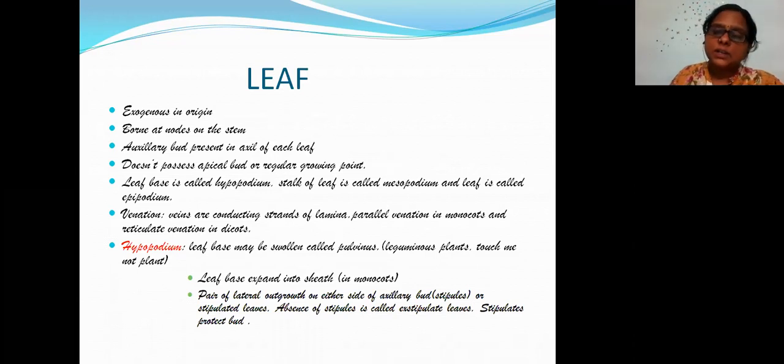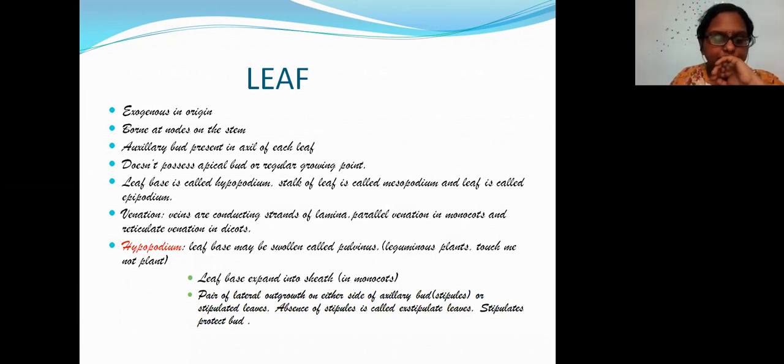If I just say the example is water hyacinth, most of the names you don't know, right? Maybe you have seen the plant, but you don't know that this is the water hyacinth, or this is the oxalis, or this is the opuntia. So when I show you this, it will be very clear in your mind. The pictures will be there in your mind. This is the only way, as I told you at the start of the class, to learn this chapter. Nothing else.